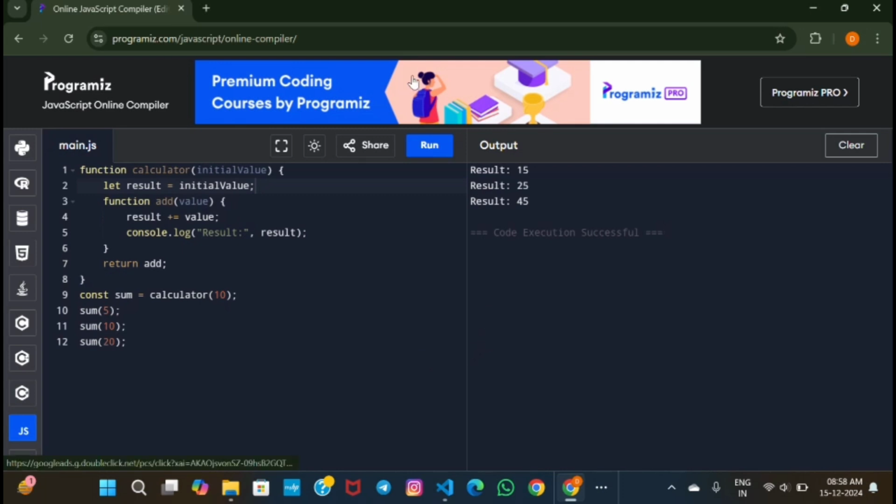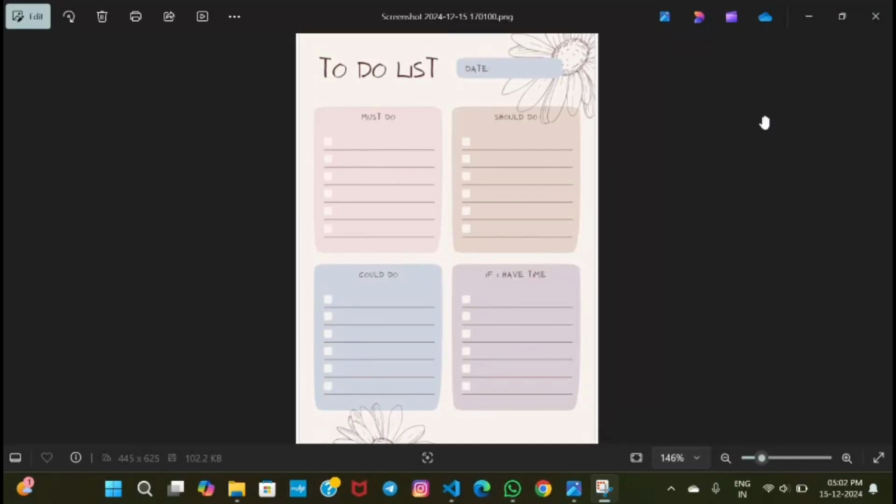Now let us move to the to-do list application. A to-do list is a tool to organize and prioritize our tasks. It helps you track activities, set deadlines, and manage responsibilities for our daily tasks. It can be paper based or digital apps like a to-do list. Now let us see my JavaScript to-do list